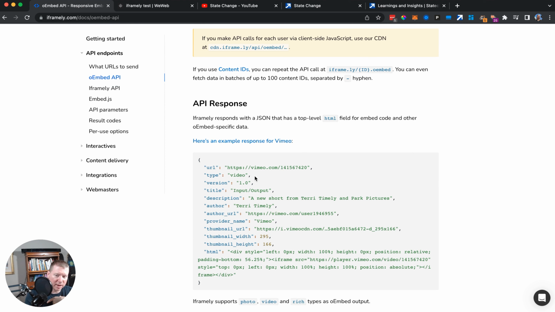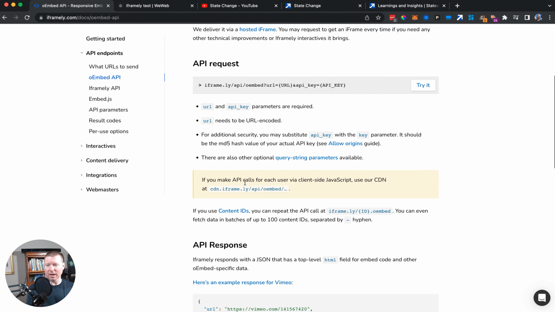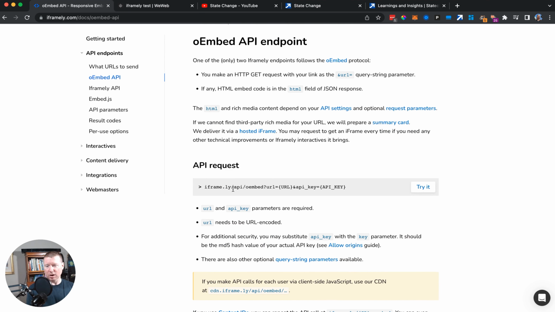Which will say, hey, what kind of data is coming back, how large it's supposed to be, and also what the HTML is. And then we will just inject that HTML onto our page so that we can get this nice preview based on whatever the link was. It'll be pretty slick. So let's go back over to here and say, well, if our job is to go talk to Iframely, then we need to go set up a web request that's going to happen when we